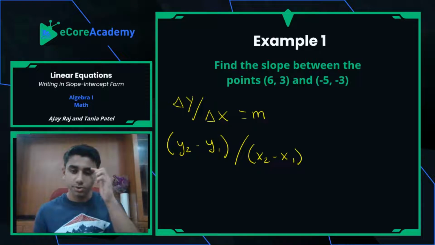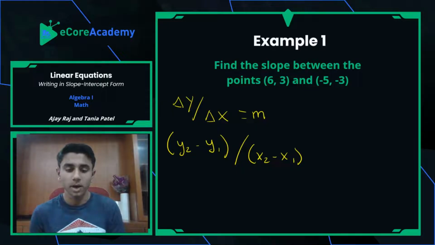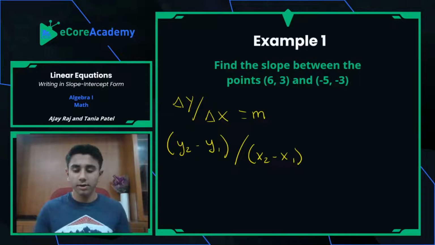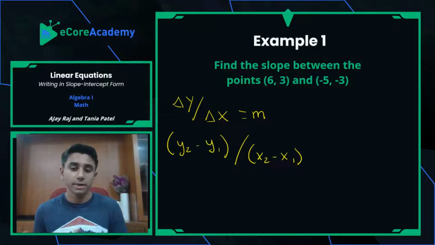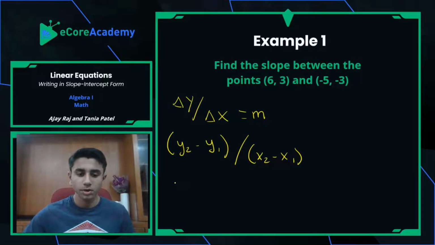So let's take a look at the first coordinate pair, 6, 3. So we know that x1 is going to be 6, and we know that y1 is going to be 3. And then, of course, for the second coordinate pair, we have -5, -3. Since it's the second coordinate pair, -5 is x2, and the -3 is your y2. So let's plug those values in. We're going to put -3 in parentheses, -3 minus 3